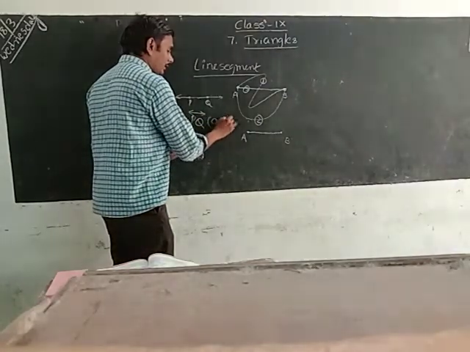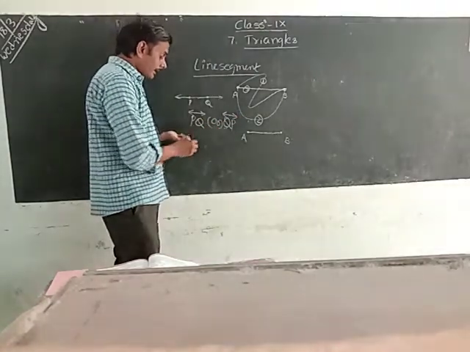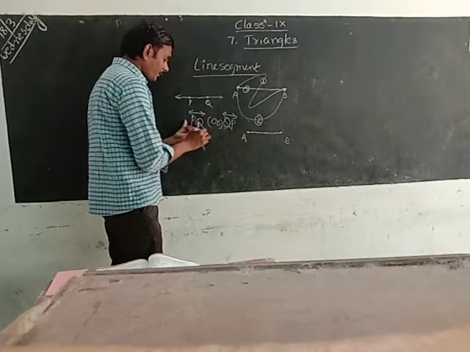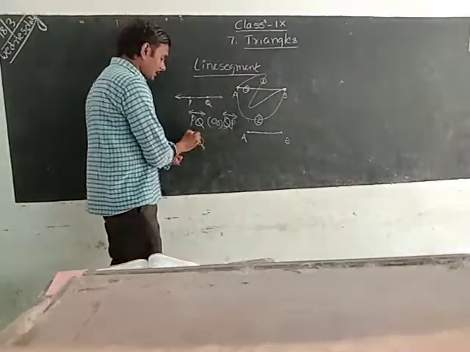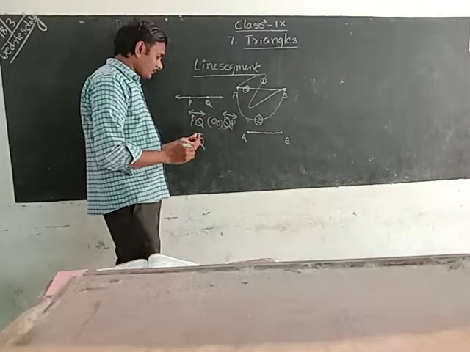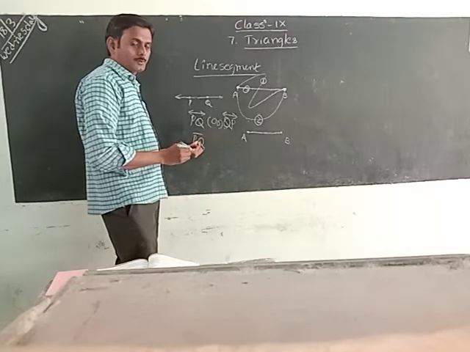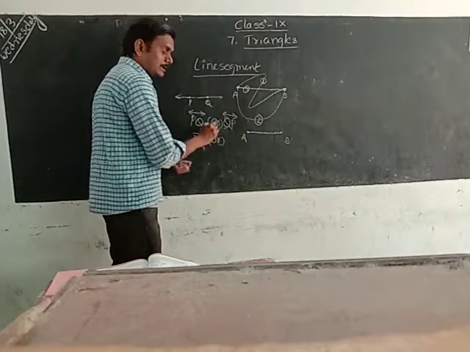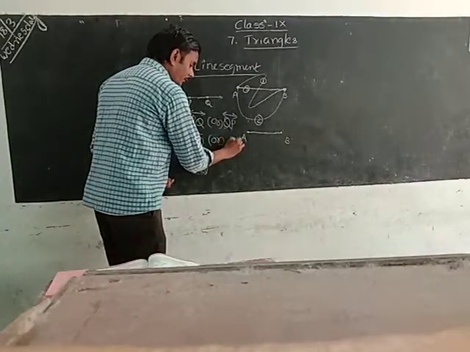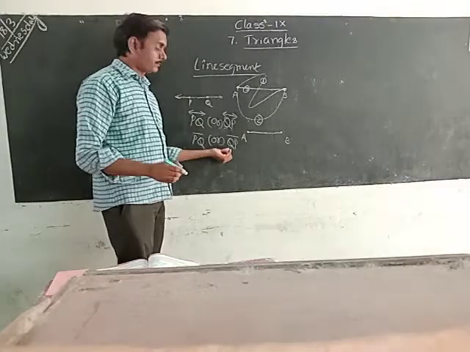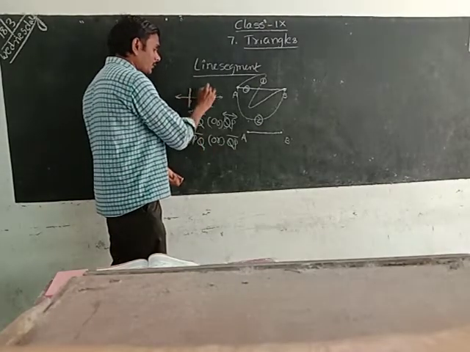Okay, or we can write QP, line QP, we can call this also. Otherwise, if you write PQ with a small line segment drawn above it, then it is called line segment PQ. You can write another notation also, line segment QP. Line segment QP means only up to this portion.